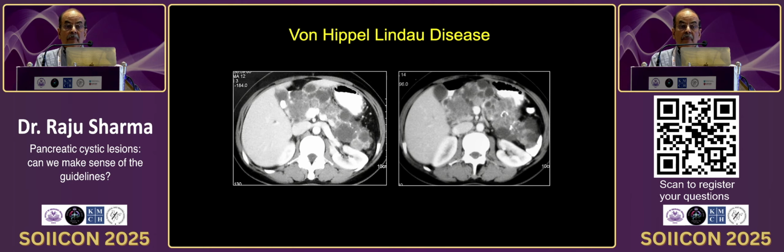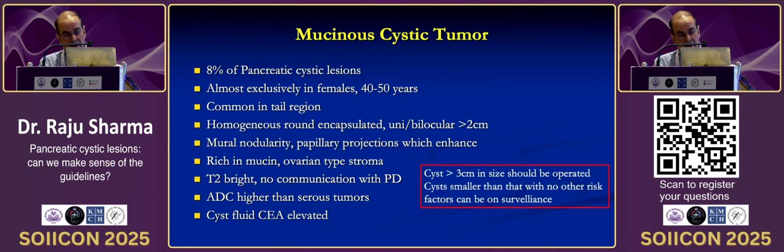You can also encounter multiple serous cyst adenomas in the background of syndromes like VHL. In fact, serous cyst adenoma patients have the mutation in the VHL gene, and that is very, very specific for serous cyst adenoma. Let's move on to the more ominous lesion, which is the mucinous cystic tumor, which accounts for